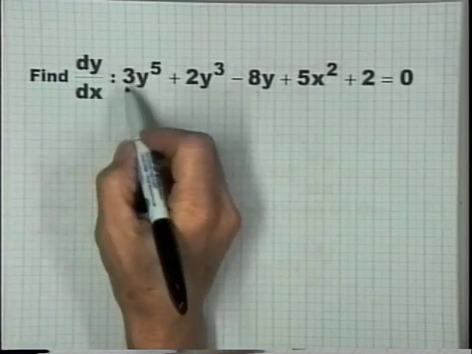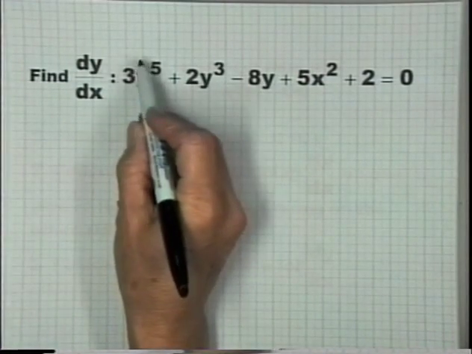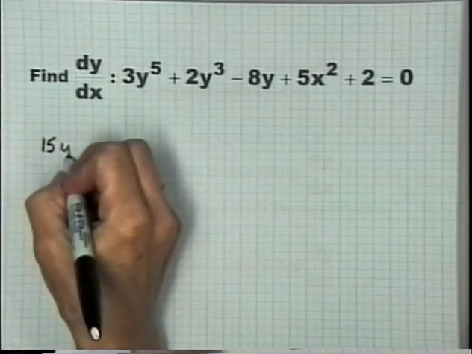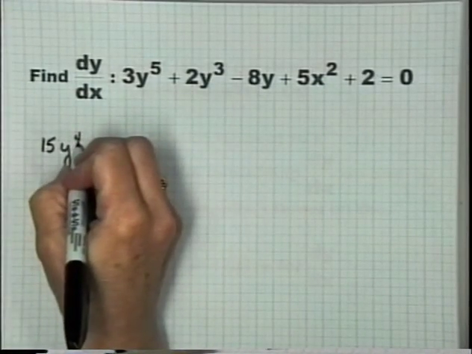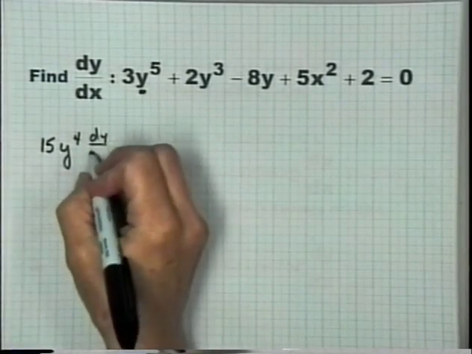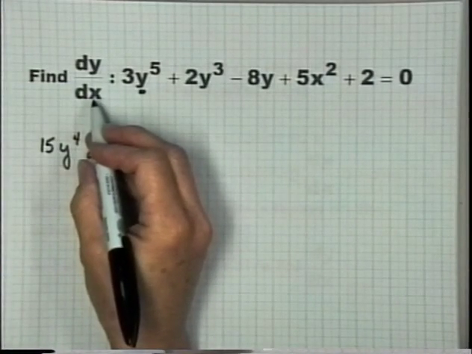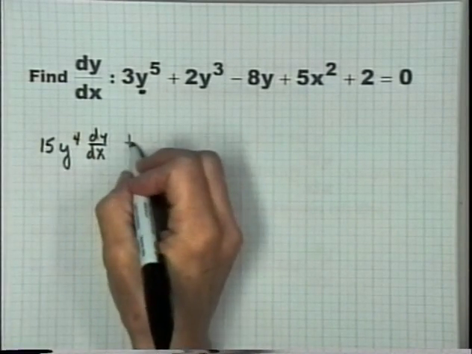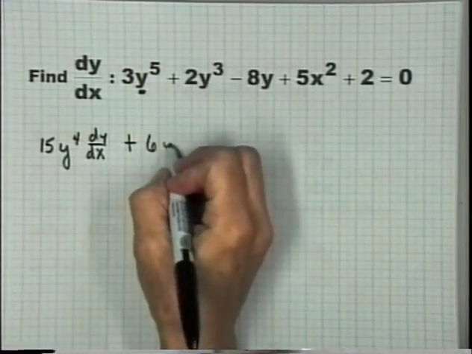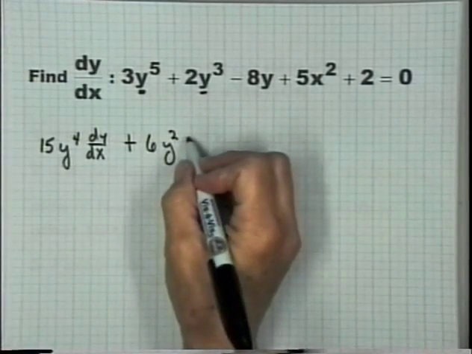So looking at my first term here, I just have a constant times this power. So when I do the power rule, 5 comes down, I have 5 times 3 is 15, and then I will drop that down a power, y to the 4th, and then think chain rule. The derivative of this will have to be dy dx, because I'm taking the derivative with respect to x, so it's not a 1. Okay, plus, I've got a power format here. 3 times 2, I get 6. I'll drop down a power, so 6y squared, again, the derivative of what's raised to a power using chain rule,